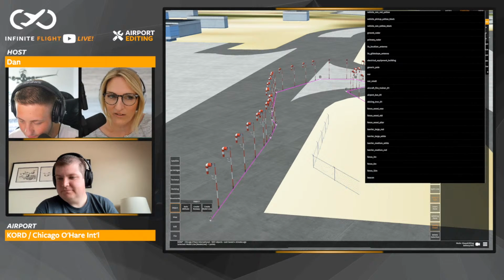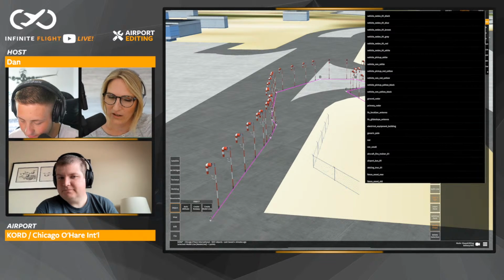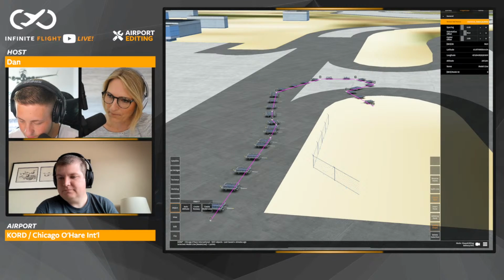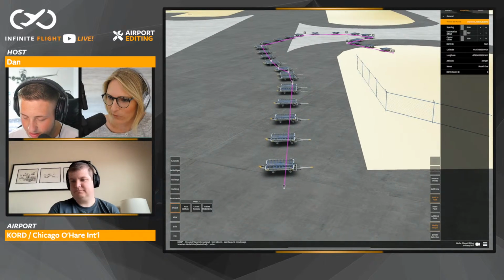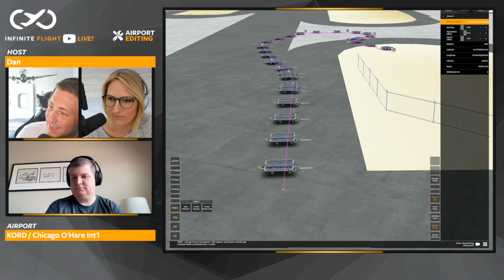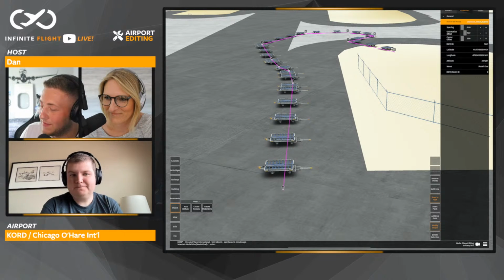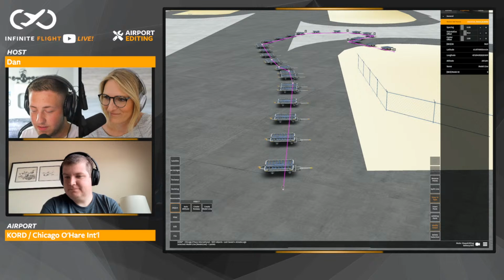Yeah, and you can also adjust the repeat and the angle too. So there's an angle offset, and it works pretty well. This is so awesome. This has saved so much time. The other day, I was putting a fence around the entire perimeter of the airport. Not one by one, but with